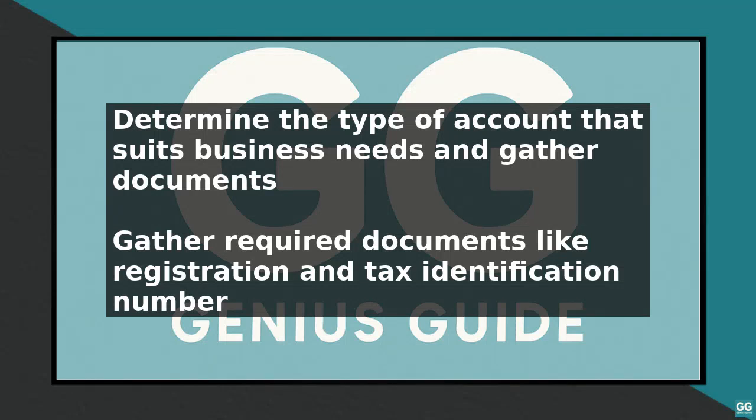To open a Bank of Baroda SME account, follow these steps. First, determine the type of account that suits your business needs, such as a current account, overdraft facility, or a loan. Then, gather the required documents, including your business registration documents, tax identification number, and identity proof of the business owners and authorized signatories. Next, visit the Bank of Baroda website or a nearby branch to obtain the account opening